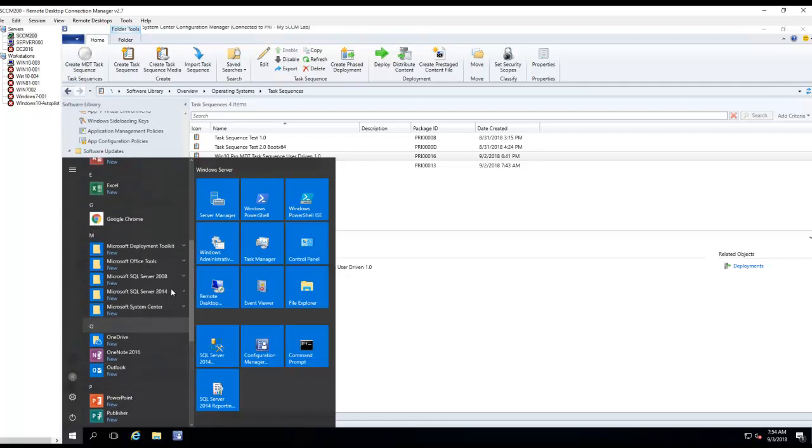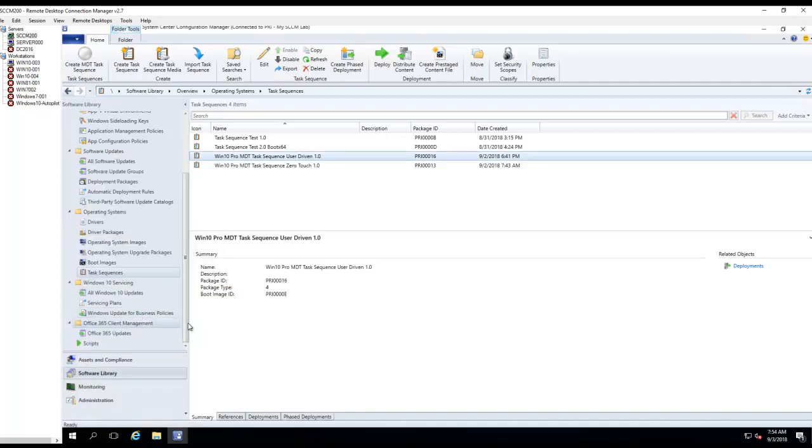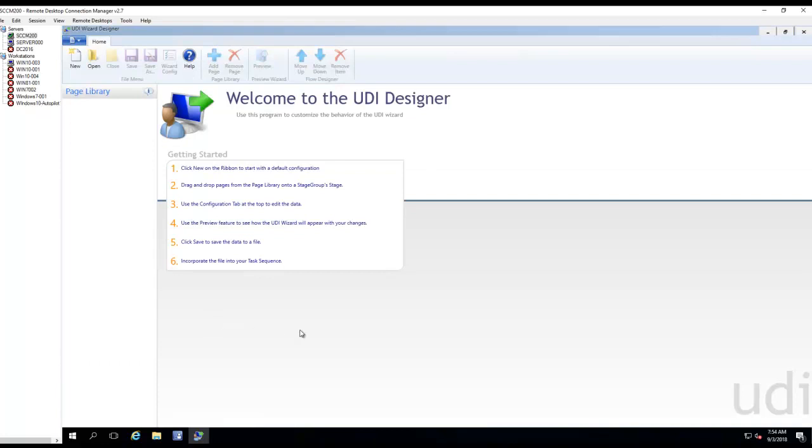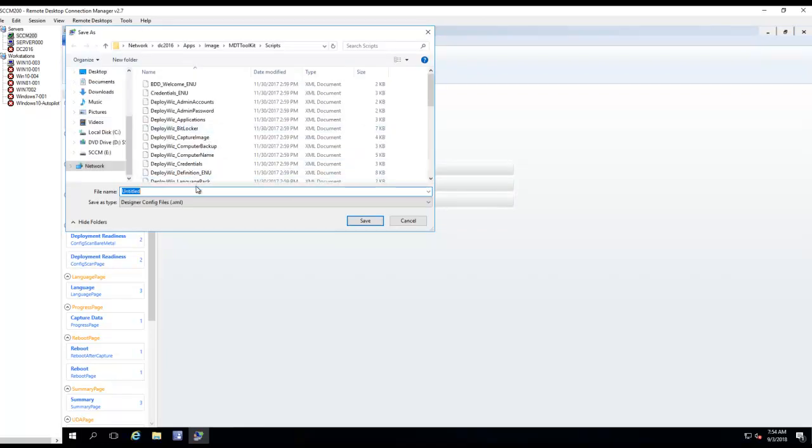Office Deployment Toolkit, launch UDI Wizard Designer, click on New. So I'm gonna save this file first. I'm gonna save as. You have to save it in the location